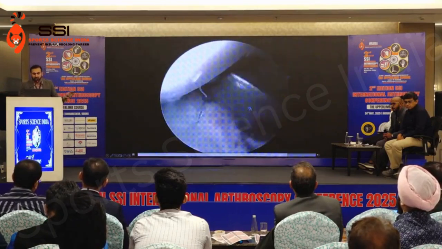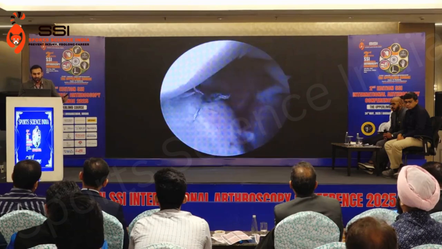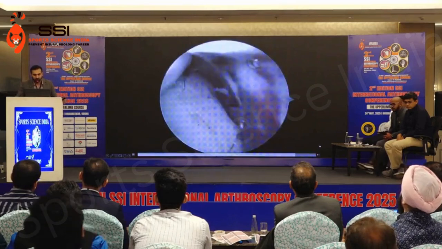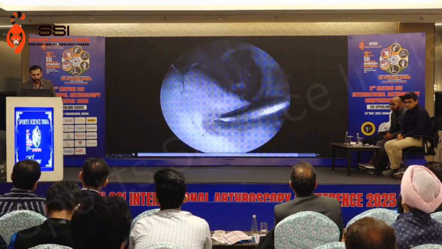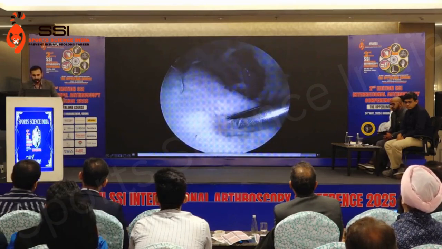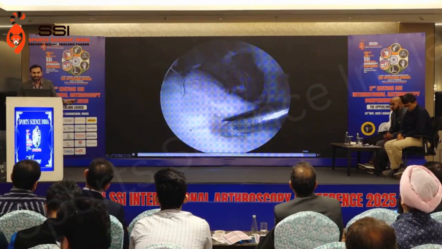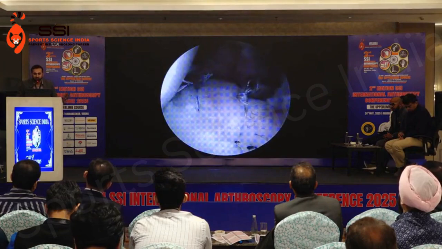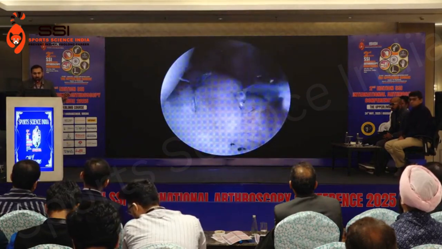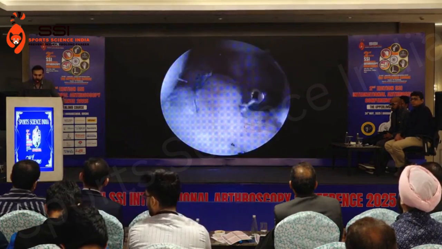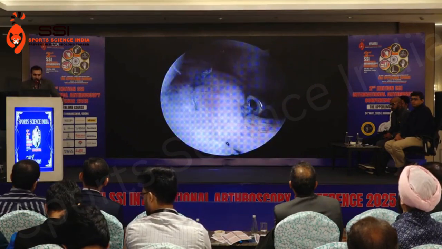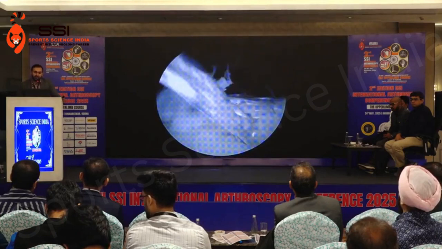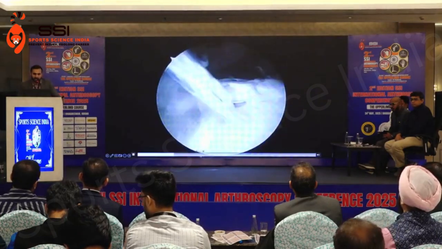Similarly, we can go ahead with 2 or 3 more anchors superiorly, depending upon the size of the tear. This has to be at the rim, to save the surface of the glenoid, not on the face or towards the medial edge. Following which, this is just one more to show that this can also be done with knotless anchors.